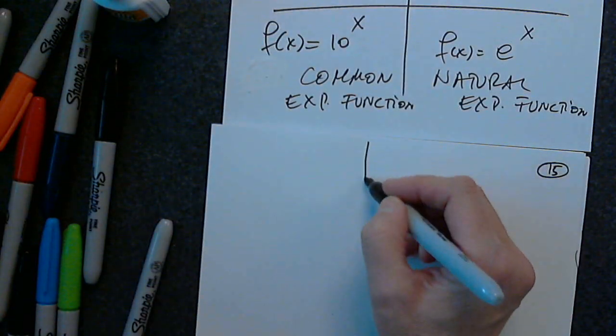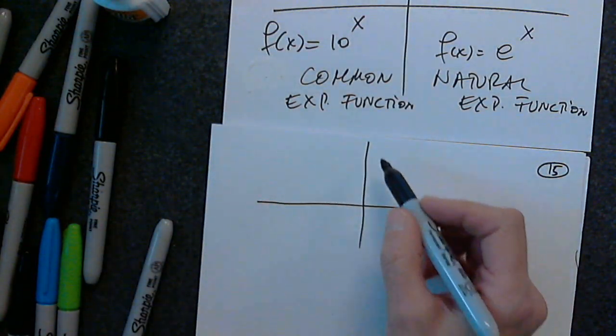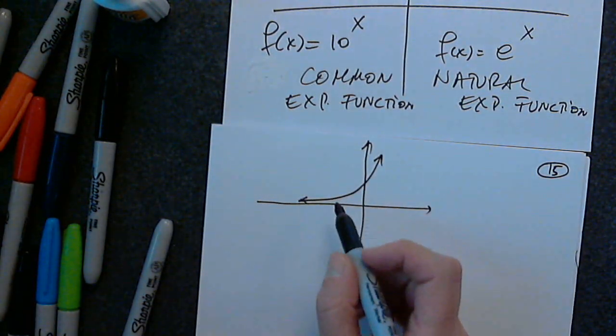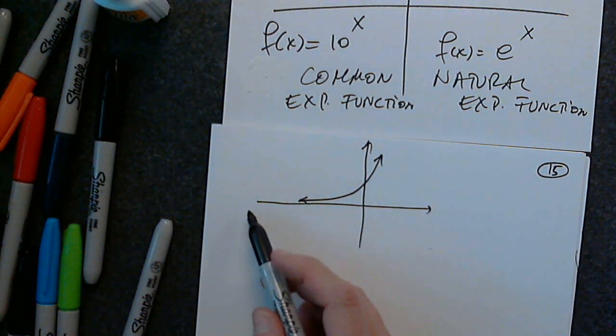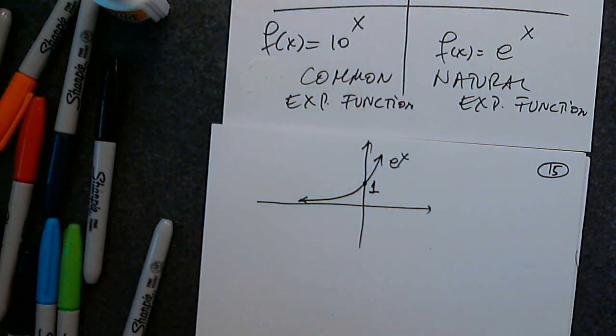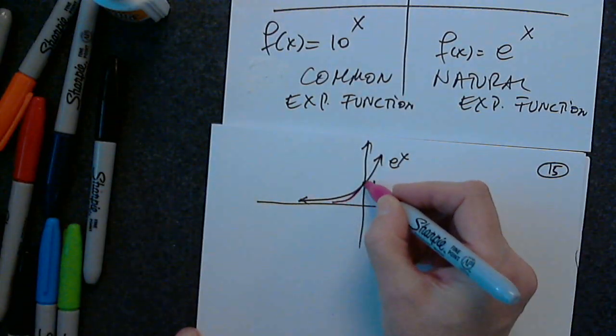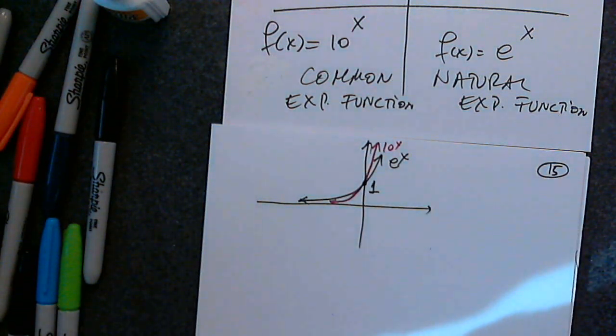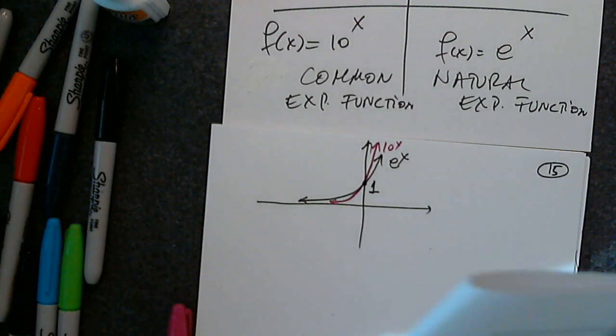Maybe eventually they get closer and closer, and they do get closer and closer to the y-axis, to the x-axis, but they do not overlap. So this is e to the x, and this is 1, and 10 to the x is this. Closer to the y-axis because the base is greater. Okay,